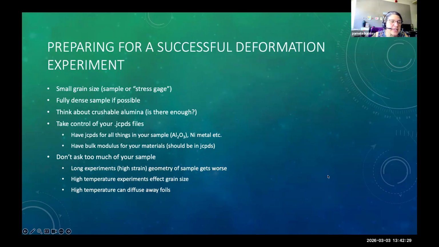And you want to have the JCPDS files for all of the things in your cell, right? So the alumina and nickel, at least in the diffracting part of your cell. We use a nickel foil. So if you have another material like platinum that you're using for the bottom and top markers, then you want to have diffraction for that as well. You want to have your JCPDS for that. And of course, it should have the right bulk modulus. And then another thing that we've learned